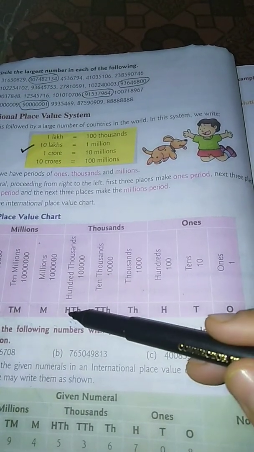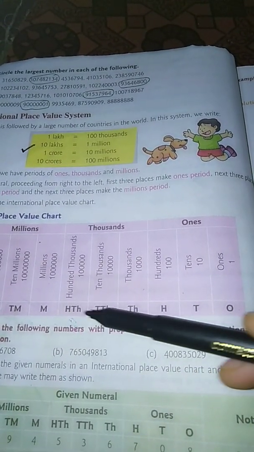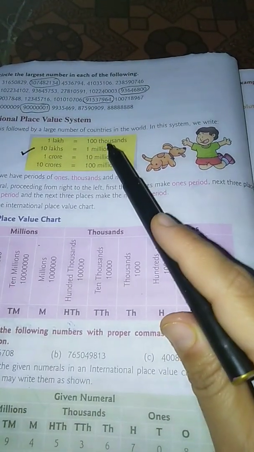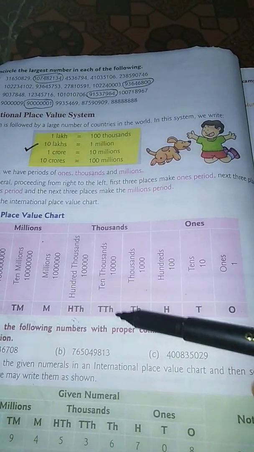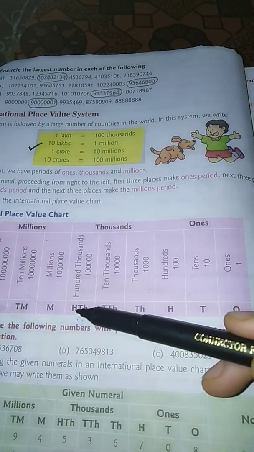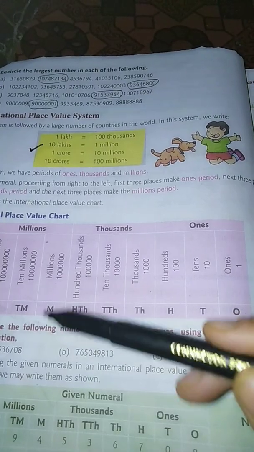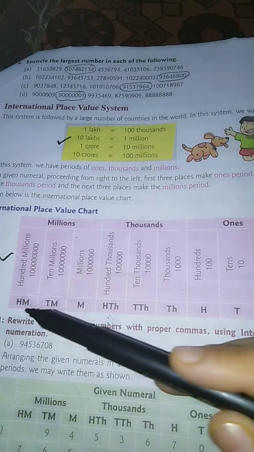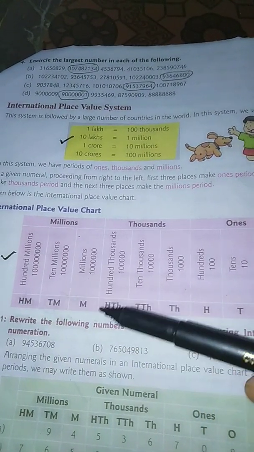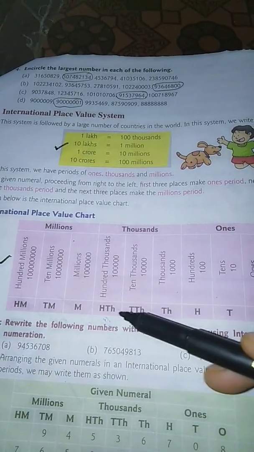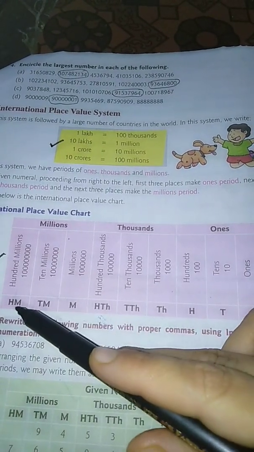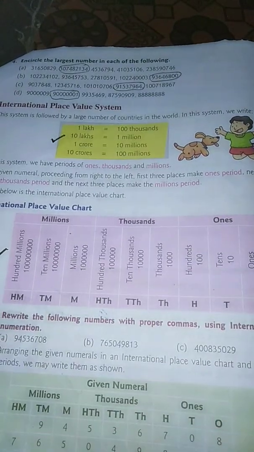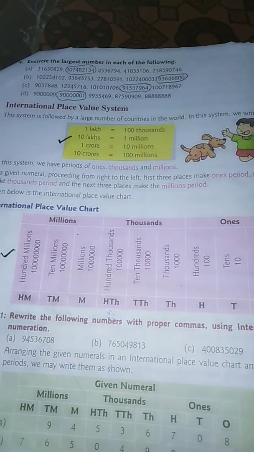Now come to the thousands. 1,000, 10,000 and 100,000. There we used to have 1,000, 10,000 then lakh. So in place of lakh they have 100,000. See, 1 lakh equals 100,000. So here thousands also have 3 digits: 1,000, 10,000, 100,000. Now after that we start with a new name, that is million. So million, 10 million, 100 million. As you can see, we had lakh, then 10 lakh, then crore, then 10 crore. So 10 crore is 100 million, crore is 10 million, 10 lakh is 1 million. Like this you can compare.